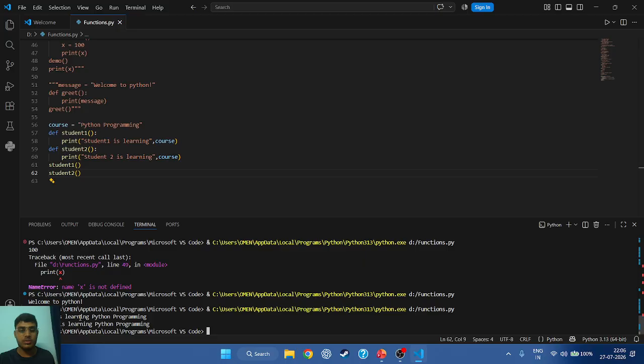Course is a global variable. Here, course is a global variable, and both student one and student two can access the same variable. This avoids creating the same variable in multiple functions, and modifying a global variable to change